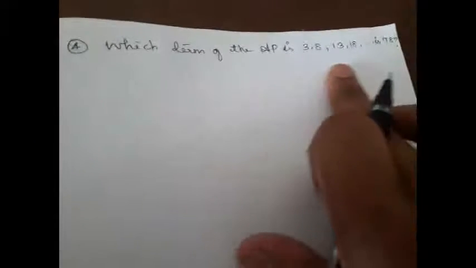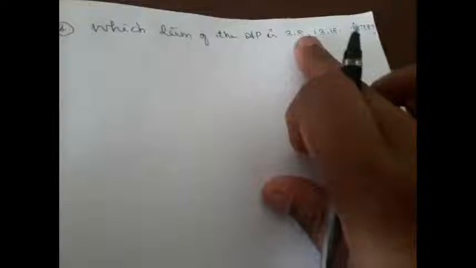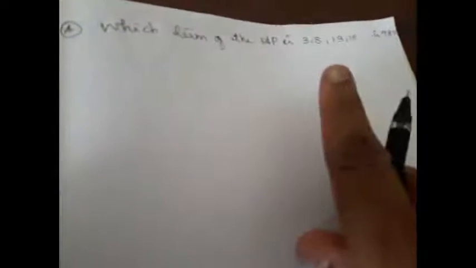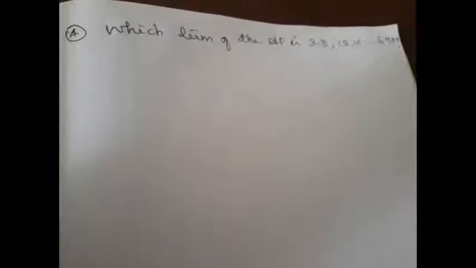Which term of the AP is 78? They have given you an AP and they ask which term of this AP is 78. See, for the entire exercise we are going to use only one formula, AN equal to A plus n minus 1 into D. But see how many ways the questions can be asked, right? So you should understand the question and you should see in what way the formula can be used to find the unknown variable which they are pointing out in the question. So understand it properly and apply it, right?